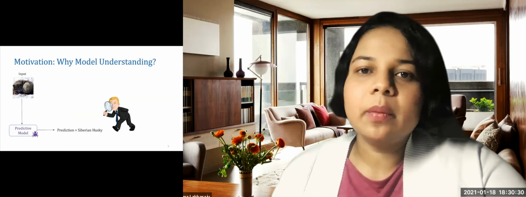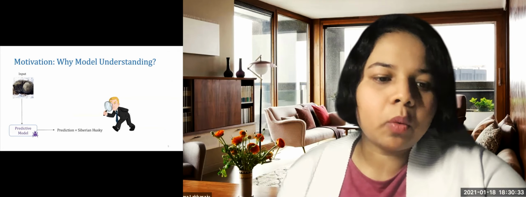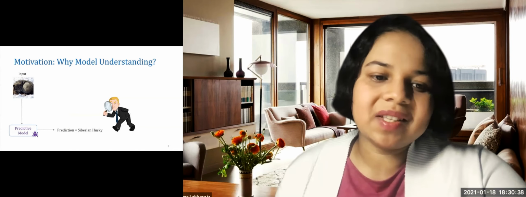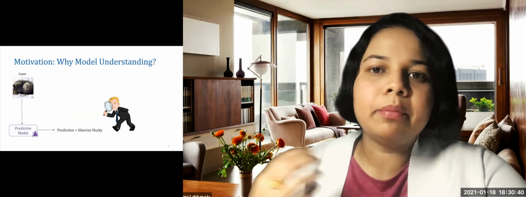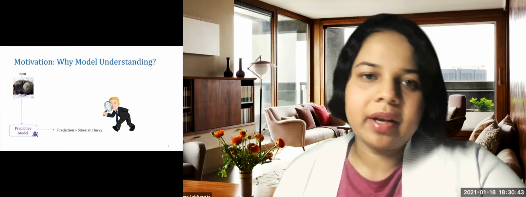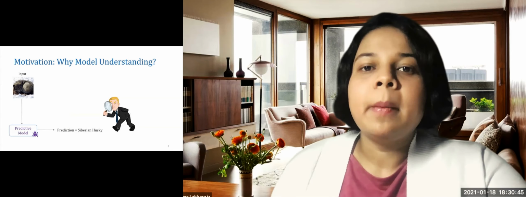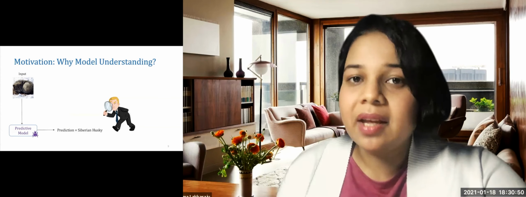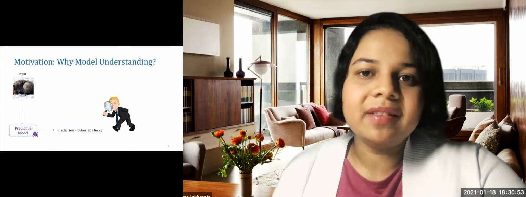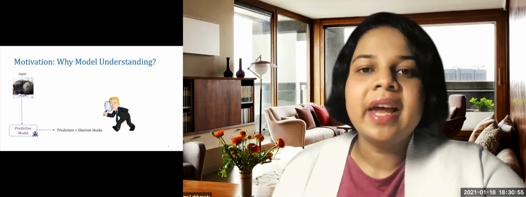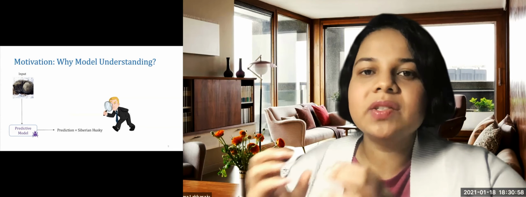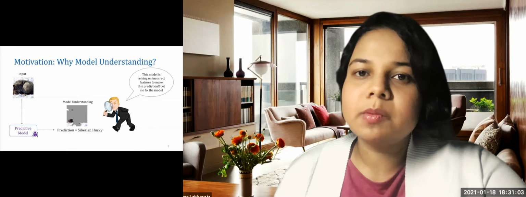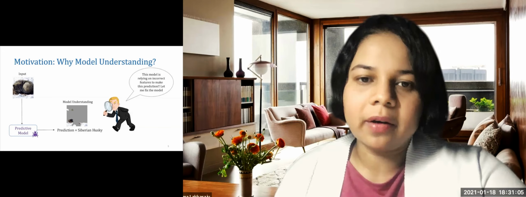So in this case, let's say we have an input image which is being provided to a predictive model, which in turn predicts what this image is. In this case, the predictive model is rightly predicting the label as Siberian Husky. All seems good so far. But if we only probe deeper to understand how the model is making this prediction, we might actually find things that are surprising. For example, in this case, we might see that the model is using the snow in the image to make its prediction. So clearly, this is a spurious feature that the model is relying on.